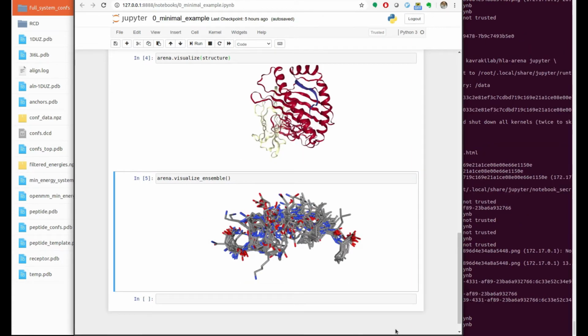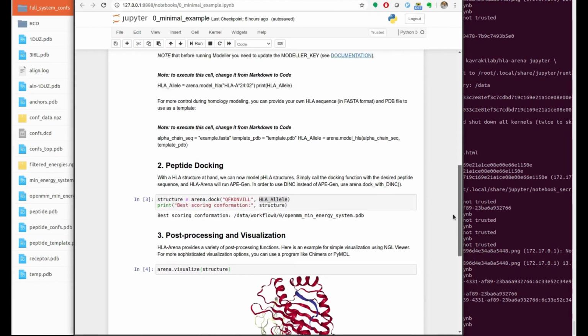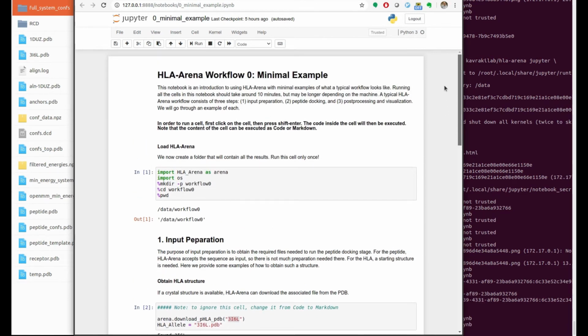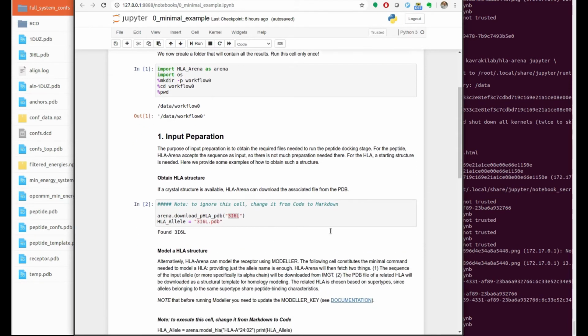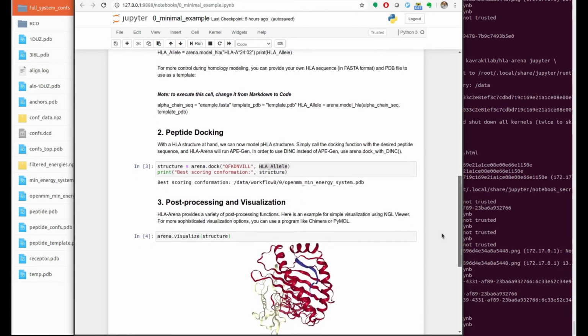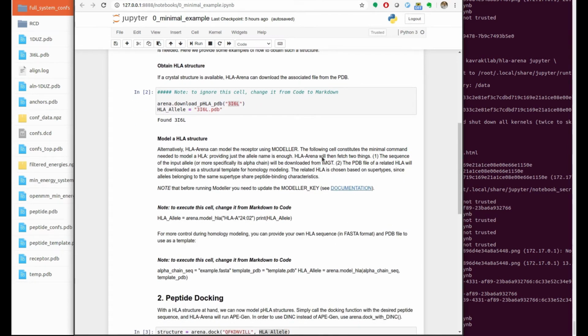This concludes this first example of how to run HLA-Arena to use ApeGen and model a peptide-HLA complex using the crystal structure of the receptor. As I mentioned, there are other workflows, and you can see in the documentation and in the other workflows how to customize these commands and make this fit your needs. So, for instance, you don't need to download a structure to use as the receptor for docking. The part that I skipped here mentioned that you can actually model the HLA receptor using Modeler and using